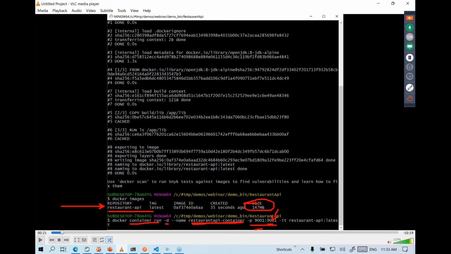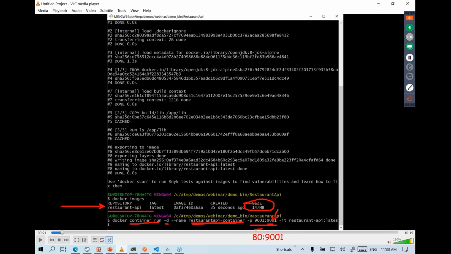And externally, from your local machine or from a remote machine, what port number you want to be able to use to connect to that application running inside your container. So you can choose to perform port mapping. Like you could say internally it should be 9001, but externally it should be port number 8080.